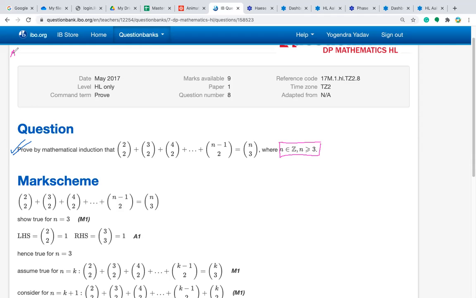So first, verify for n equals, let's say, 3. It means that 2C2 plus 3C2 plus 4C2 equals